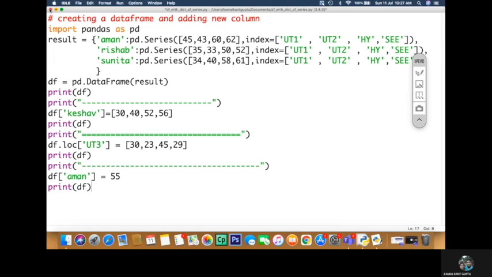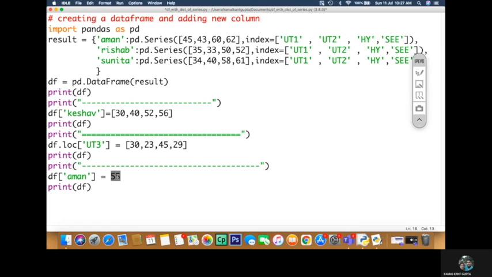If this is the code, and I write df at Aman is equal to 55, I am using a column name which already exists in the data frame. So you are informing the compiler that you want to change the value for that particular column, but you have supplied only one value, because there are 5 rows now instead of 4.